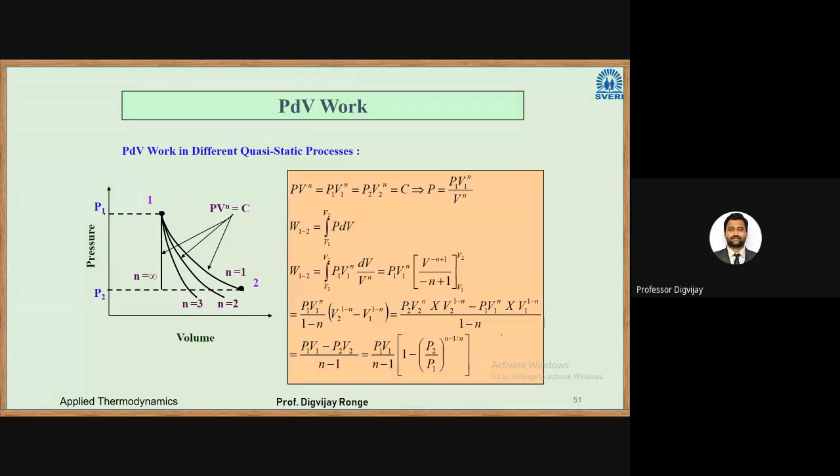These are the equations. This is the equation generally used in the reciprocating air compressor. There we calculate the work done in compression or expansion process, generally in the compression process. So that equation here is P1 V1 divided by n minus 1, where n is the index of compression or index of expansion, times the bracket 1 minus P2 by P1 raised to n minus 1 by n. So don't worry, we'll take these equations when we'll be seeing reciprocating compressors.